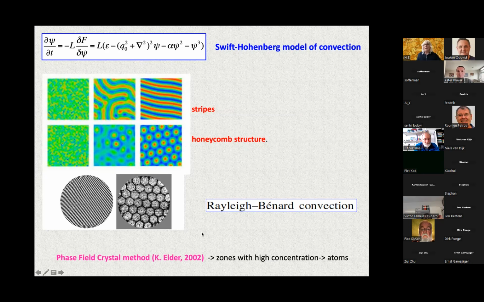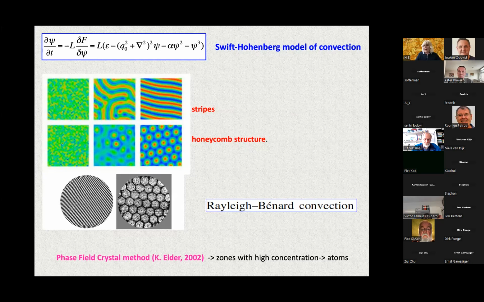And in 2002, as I said in the previous slide, Ken Elder had a very nice and very brilliant idea: if we consider this higher concentration region like atoms, it means that we can consider that atoms move continuously in our space. The problem is that in this approximation, if we go to the phase field formalism, sometimes we can obtain this stripe structure. In the beginning this was a problem in phase field crystal modeling, because a stripe structure is difficult to associate with some atomistic